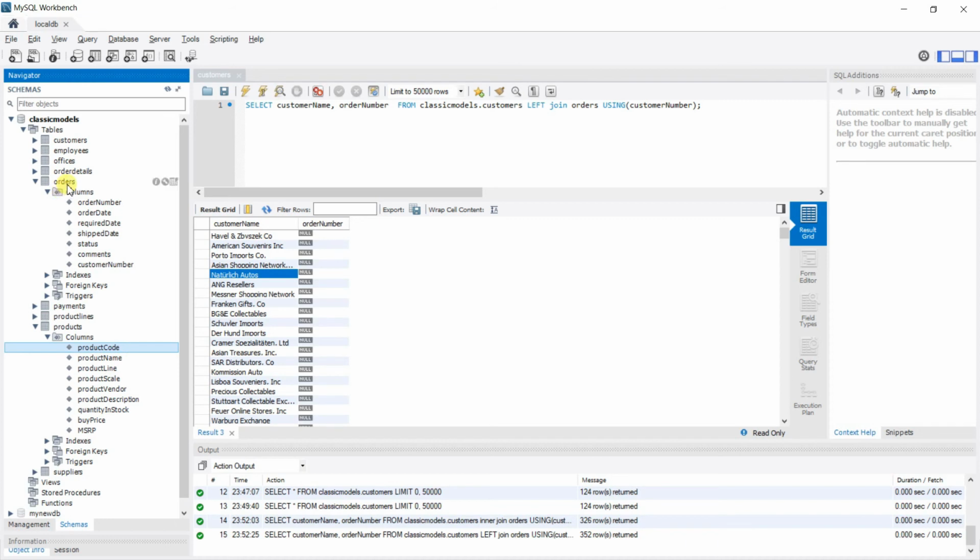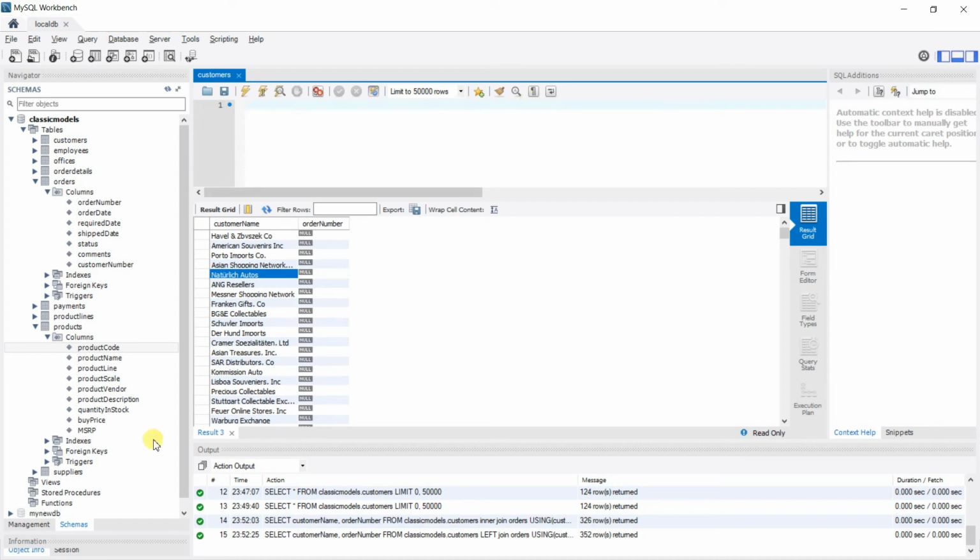So left join this, and again, what is the goal? Let me be a little more clear with the goal. We want all the products that have been ordered once or more,